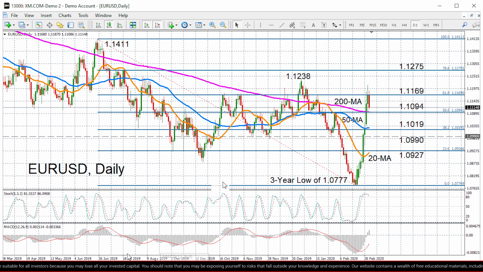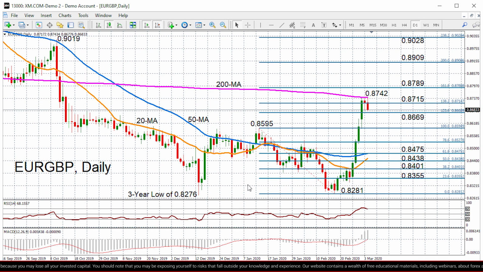And finally for today, looking at the euro again, this time against the pound. Again, a strong resistance at the 200-day moving average, so that's at the moment capping prices around 0.8742. If that resistance holds, we could soon see the 123.6% Fibonacci extension of the January to February downtrend around 0.8669 coming into range. If that's broken, we've got the swing high from January at